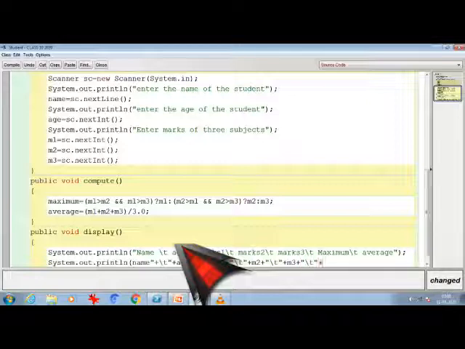Maximum is there in the maximum variable only, plus double quotation \t, and lastly we end with average. So all the variables are correctly done.